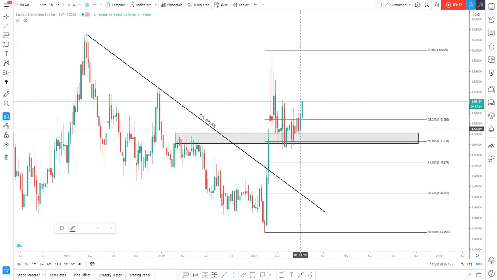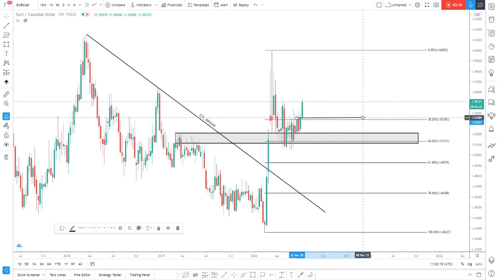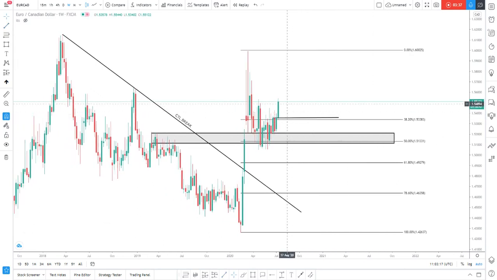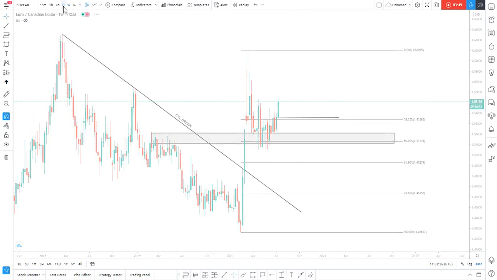And looking at previous area of structure right here on the weekly time frame, okay, previous area of structure right here. Wow. You can see how it broke it massively with just one bullish candle. So we should be expecting a retest of price back to this area before we look to go long. Now to the daily time frame,